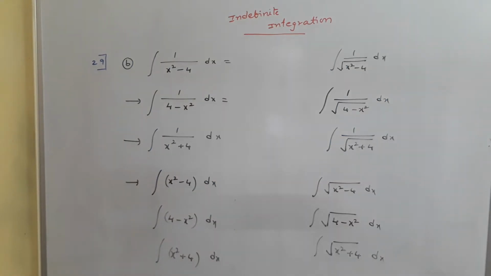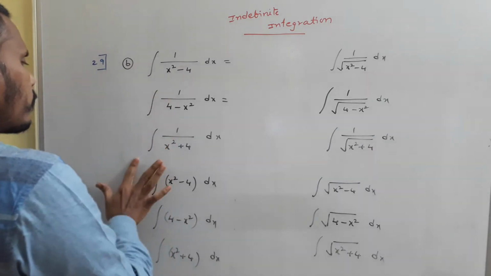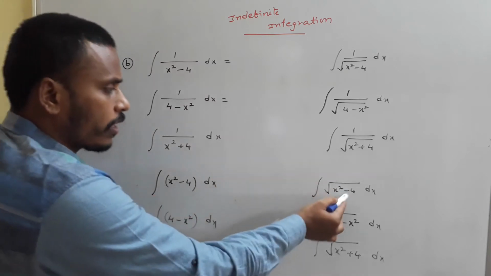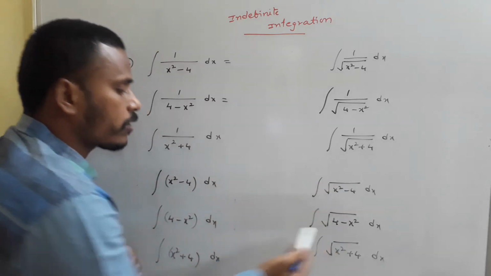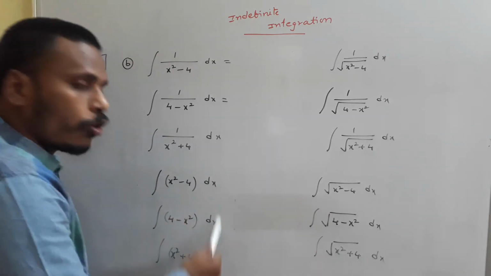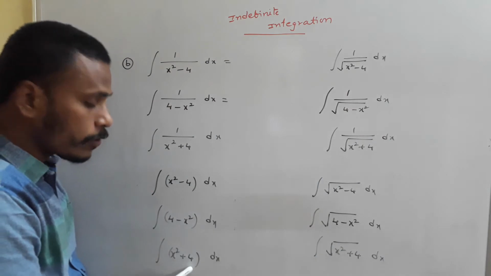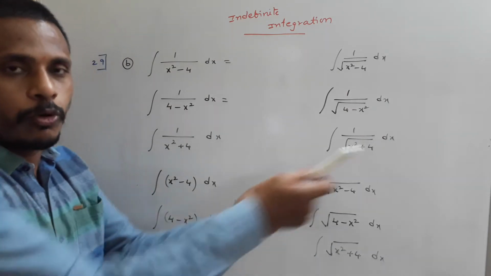So using the previous set of integration formulae, it is now easy to answer all these questions. Is it easy or not? See, just observe this. x square minus 4, root of x square minus 4, 4 minus x square, root of 4 minus x square, and 4 plus root of x square plus 4. Again, reciprocals of these three as well as reciprocals of these three. When x square plus 4 is there, we can also write 4 plus x square, but x square plus 4 and 4 plus x square are both the same.